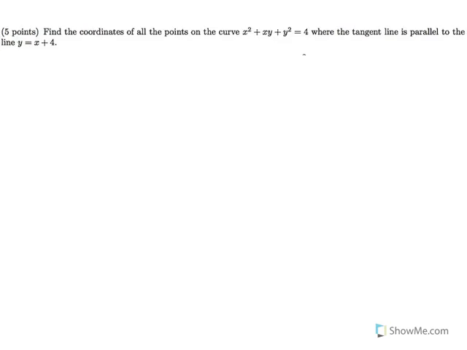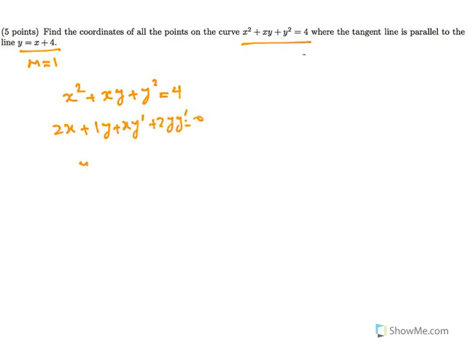Next question, an implicit function is given, and we are looking for the points on the graph of the implicitly defined function at which the slope of the tangent line is 1, because 2 parallel lines have the same slope. We find the derivative of the given function. Obviously, the function is given implicitly. The derivative is 2x plus 1y plus xy prime plus 2yy prime equals 0. Factor y prime, isolated, you have this function as